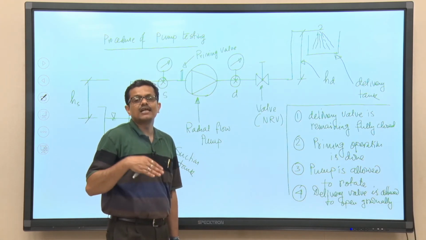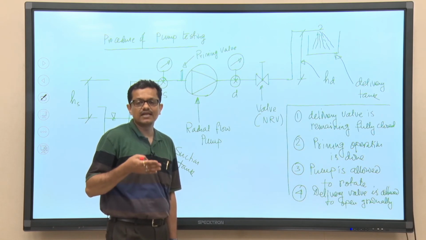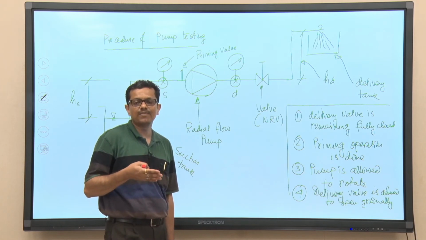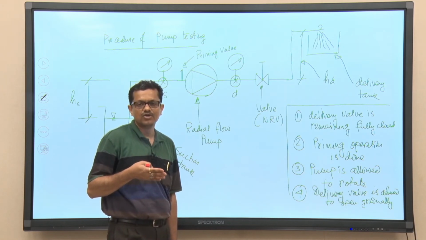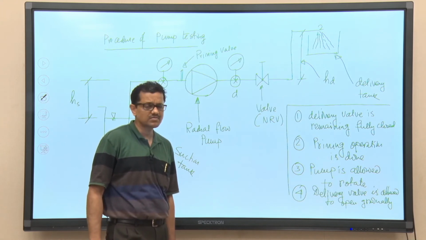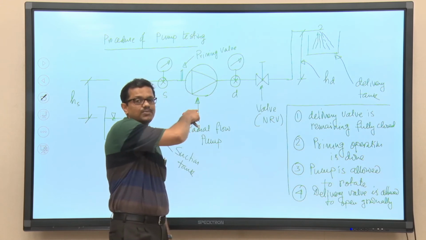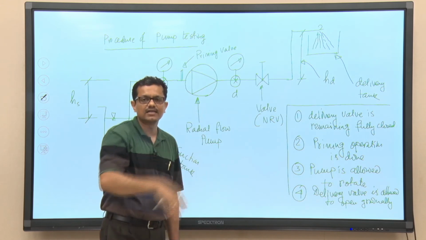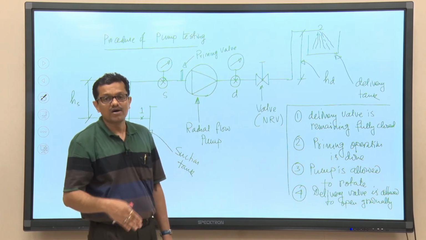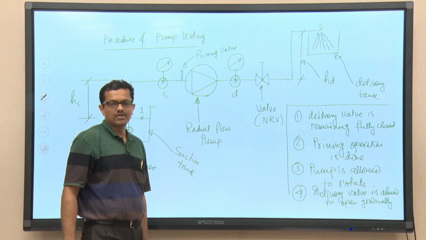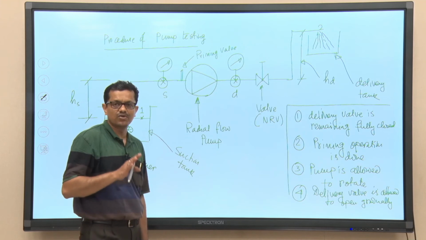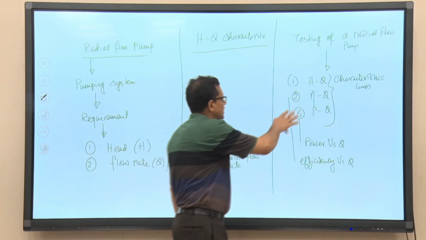We have studied different efficiencies: overall efficiency, mechanical efficiency and hydraulic efficiency. So, we know the head being developed by the pump and the discharge being supplied by the pump. So, rho Q g into H is nothing but the output power, so we can calculate it. We also know the input power to the pump, because if it is driven by an electric motor or diesel engine, we can calculate the input power. So, we also can calculate the power versus Q curve, and finally the efficiency versus Q curve. We have studied all those things. So, the objective is to provide all these 3 curves: H-Q, N-Q and P-Q.